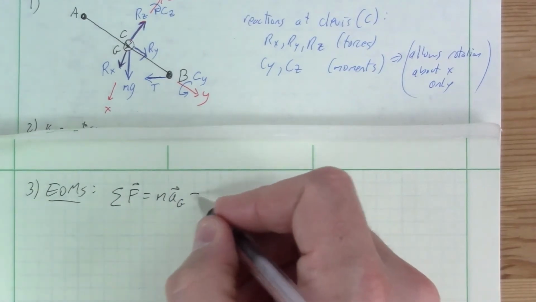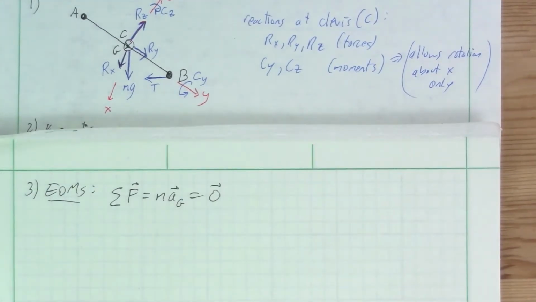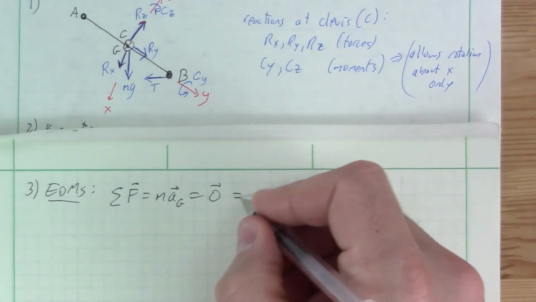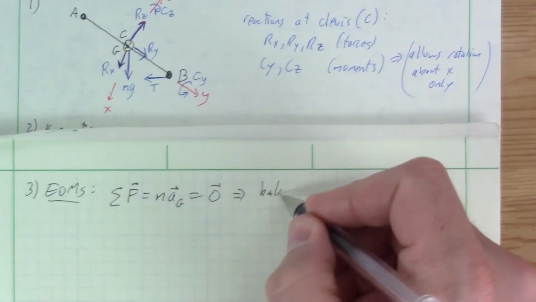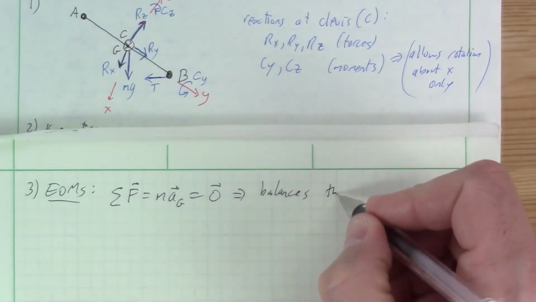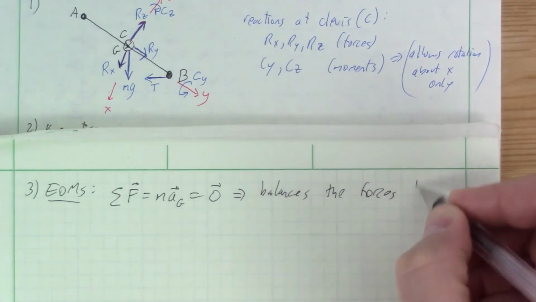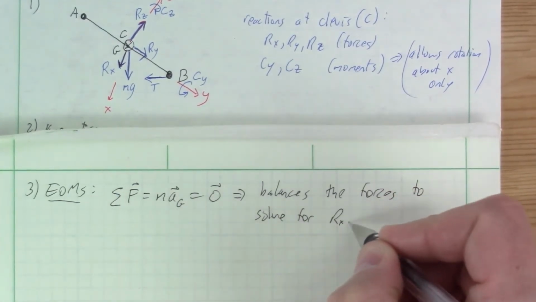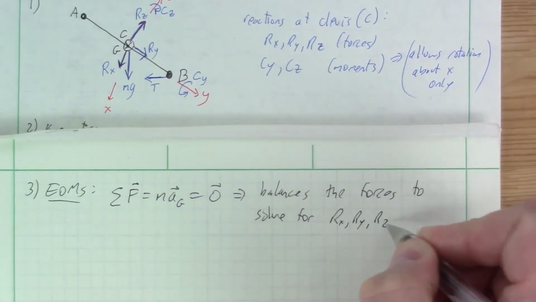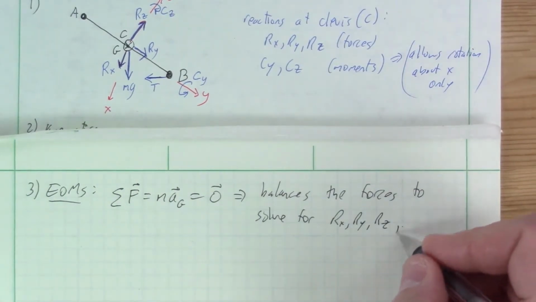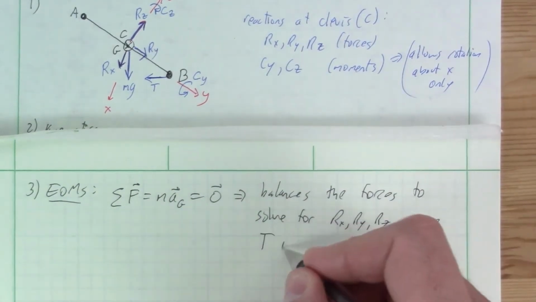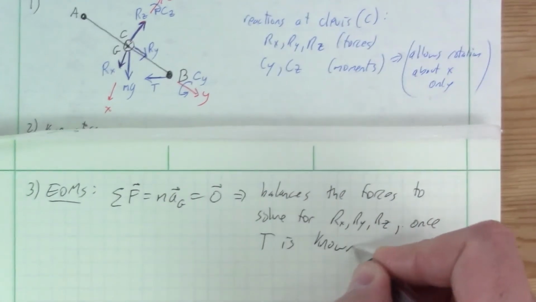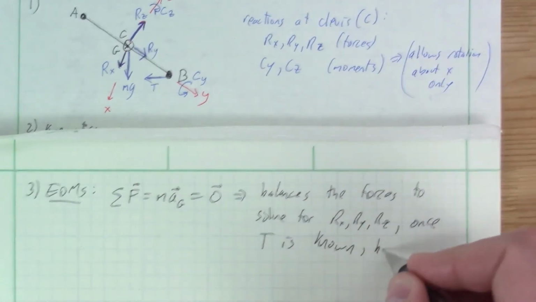Well, we just said that equals 0. So this often is a very useful relationship, but this tells us that we just have a balance of the forces. And this would allow us to solve for Rx, Ry, Rz once the tension is known, but that doesn't